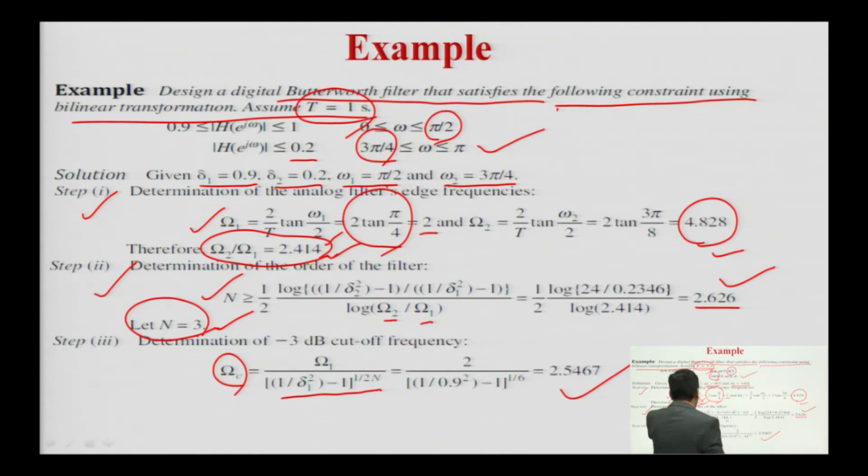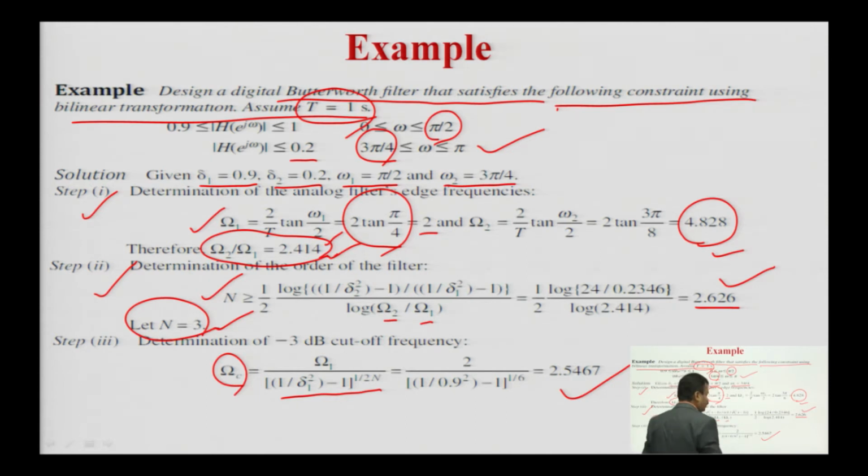लास्ट टाइम मैंने बताया था आपको, ये तीनों आपने निकाल लिए. Now you have to prepare, you have to make your H(s) after calculating the poles: ohm C to the power n upon (S minus P1)(S minus P2)(S minus P3). How many poles? As per the number of poles you can prepare your H(s) here. So, this is the very simple method.